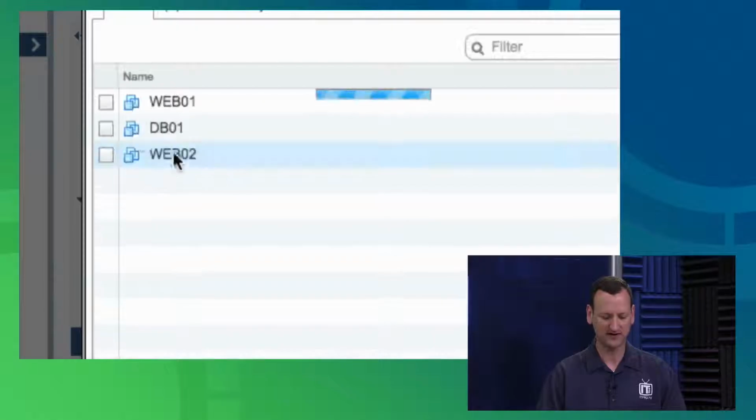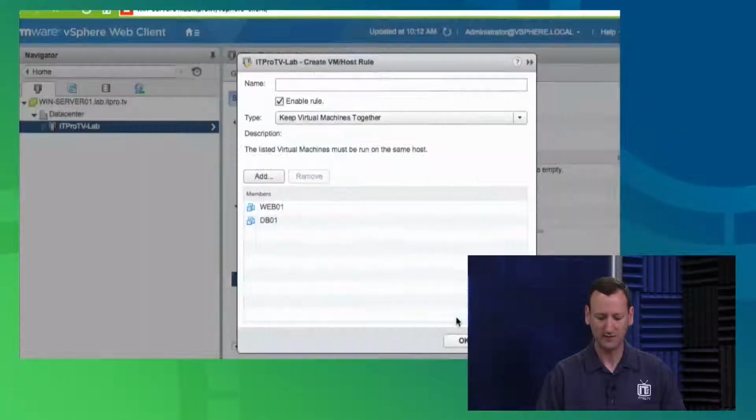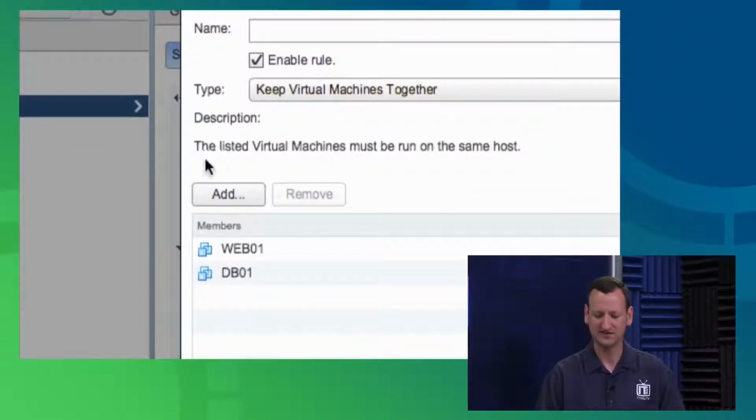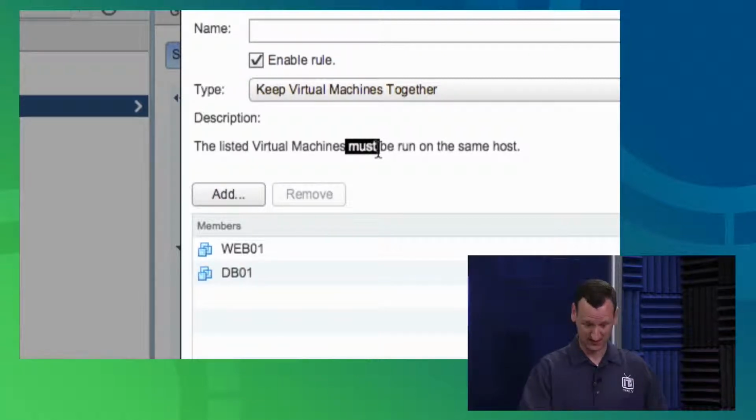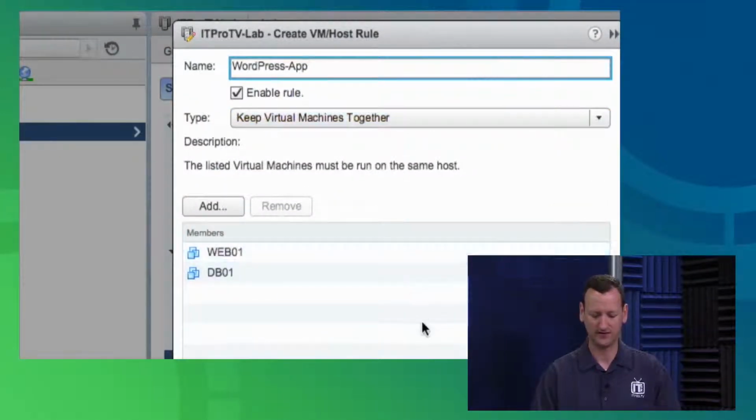So all I have to do is down here add and pick Web01 and DB01. And when I say OK, the rule says the listed virtual machines must be run on the same host. Notice that must. They must be run on the same host. It will keep DB01 and Web01 together no matter what. Even if performance gets really nightmarish, it's going to keep them together because we're enforcing that rule. And so I'm going to call this my WordPress app, my database and web front end, and I'll